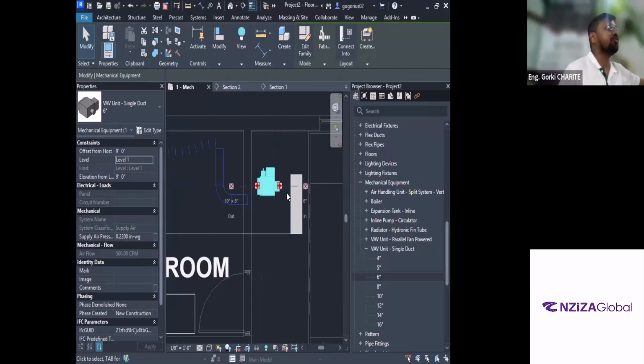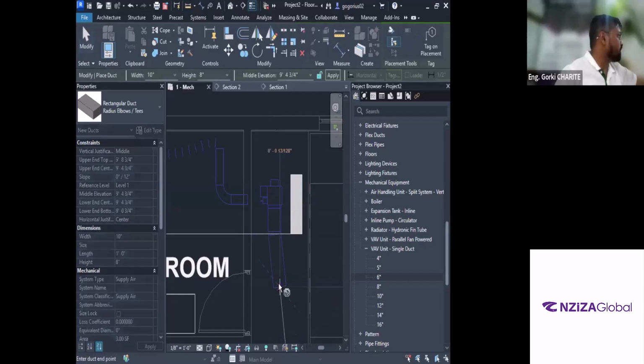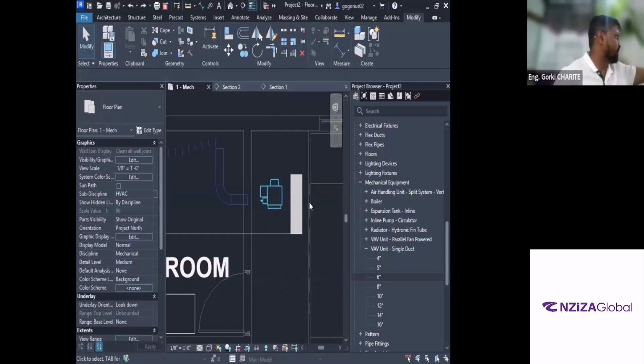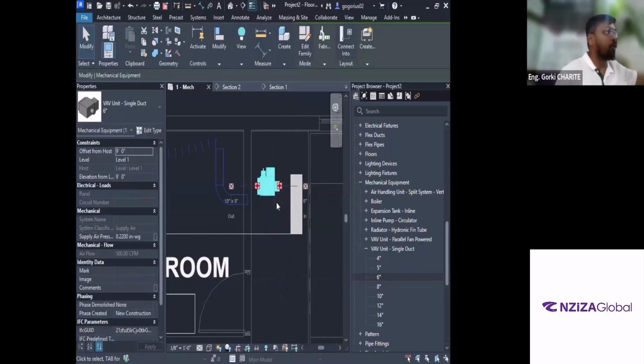For rotating the VAV box, hit space. Once you have connected the VAV box to a duct, just for example, I'm connecting to a duct, if you click on the mechanical equipment or any other equipment and hit space, it will not work. It will only work when it is standalone. Like this one is standalone, it is not connected to anything. You can rotate it. Make sense? Once you add a duct to it, it will get locked. It cannot get rotated. It can move around, but hitting space will not rotate it. Make sense? So now what we'll do is we'll align our outlet, the 10 by 8 outlet, to the